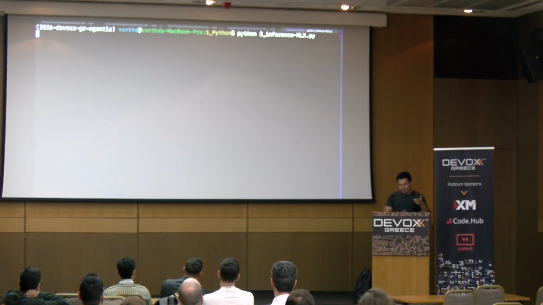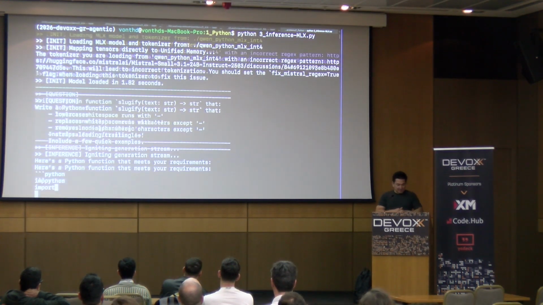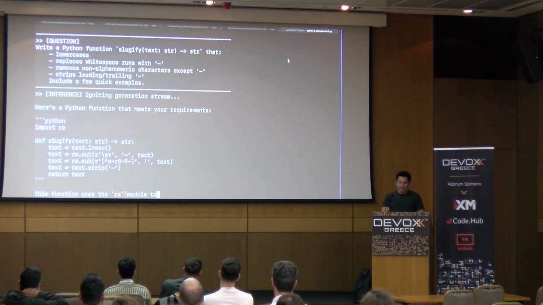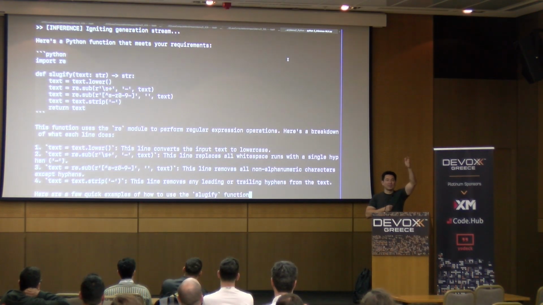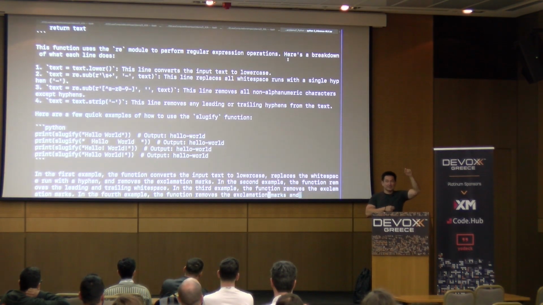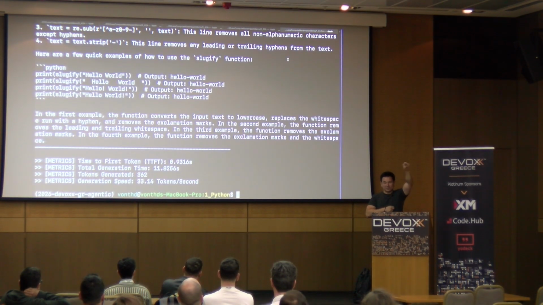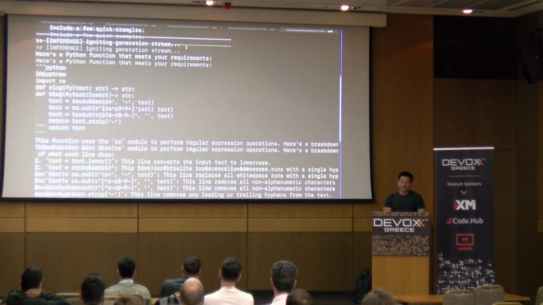So we're going to give it a Python question that basically says, hey, I want you to slugify, which is, when you look at a URL and you publish a blog post, you can't have funny special characters in that URL, right? So a slug is that normalized URL. And in the time it took me to explain what slugify means, it's actually already finished,